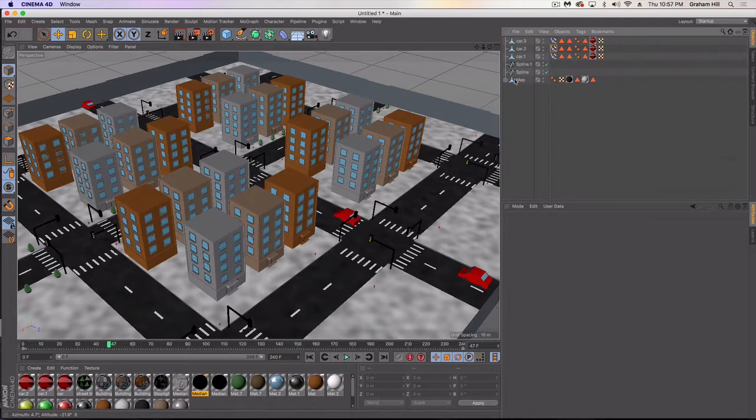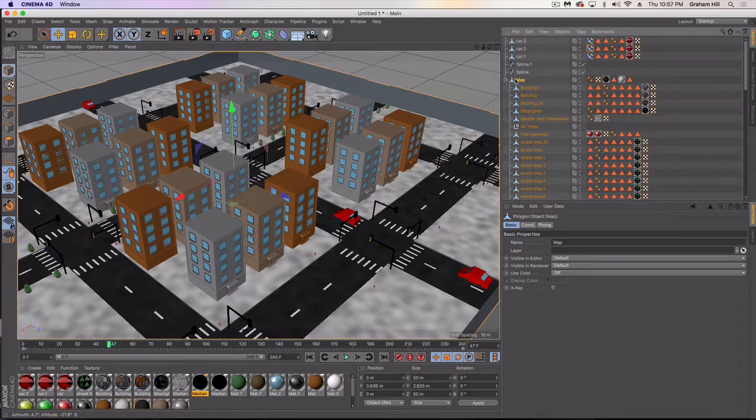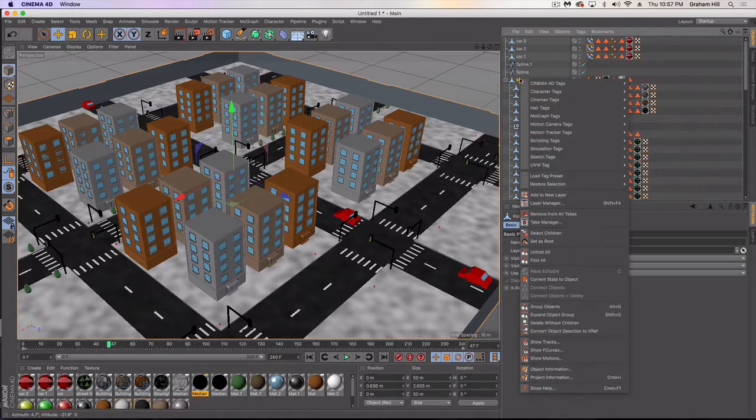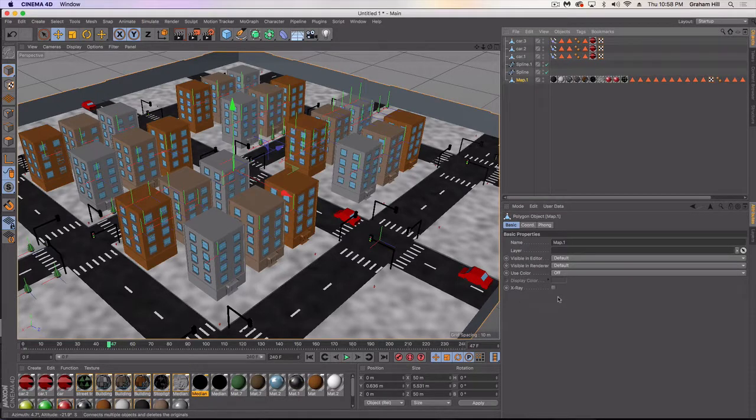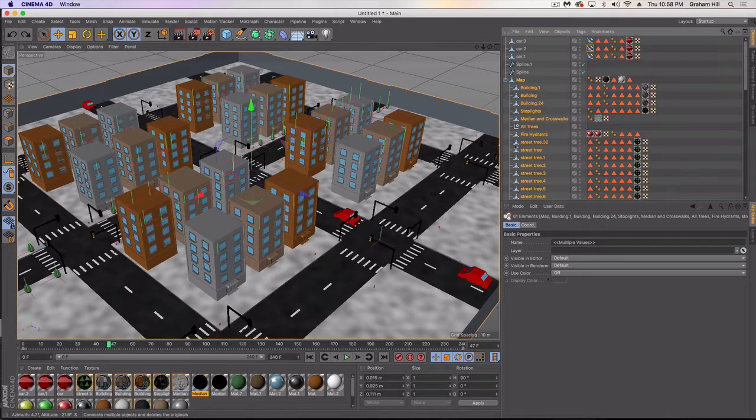Unity. So the first thing I'm going to do with my map is I'm going to select all children here, and I'm going to do the same thing. I'm going to delete, connect objects, and delete. Before you do that, make sure you go to File, and you're going to want to save this into your user data. So File,